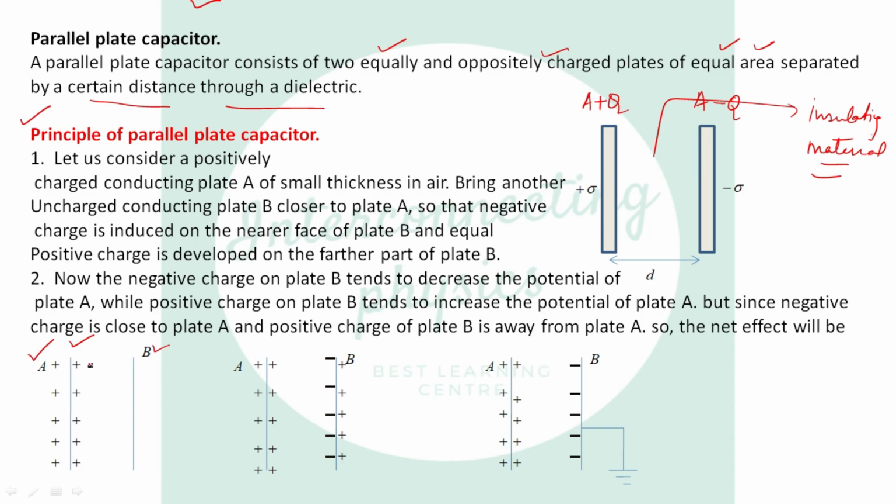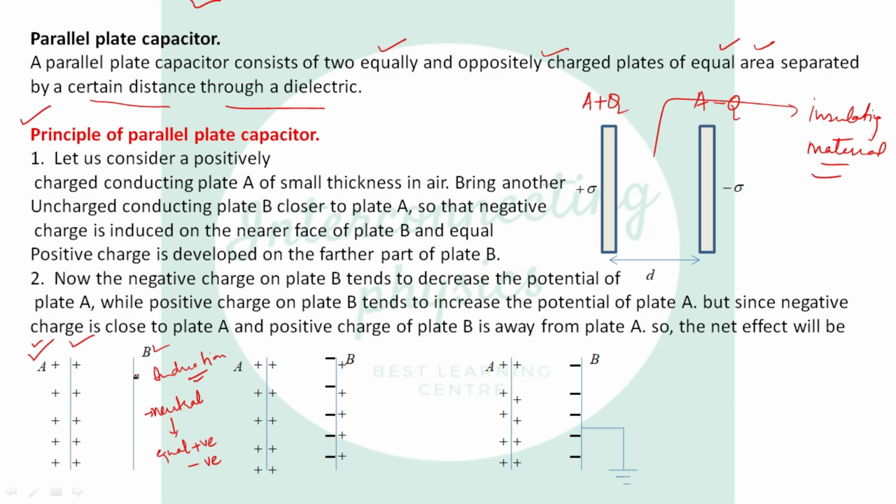Now, we have already studied the methods of charging conductors, that is the method of induction and the method of conduction. If you want to know, then click the I button. You will get to know how uncharged conductors are charged by induction and also conduction. So here, when we bring plate B close to plate A, induction happens. These are uncharged conducting plates, meaning neutral conducting plates. Neutral means an equal number of positive and an equal number of negative charges.